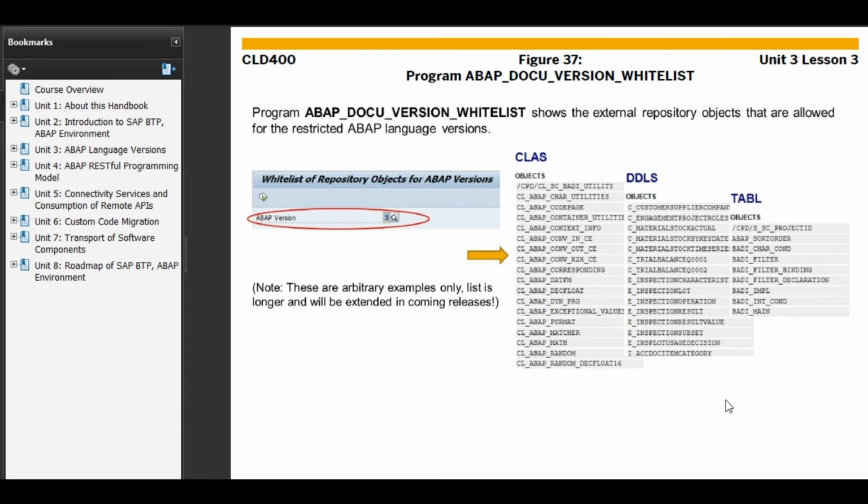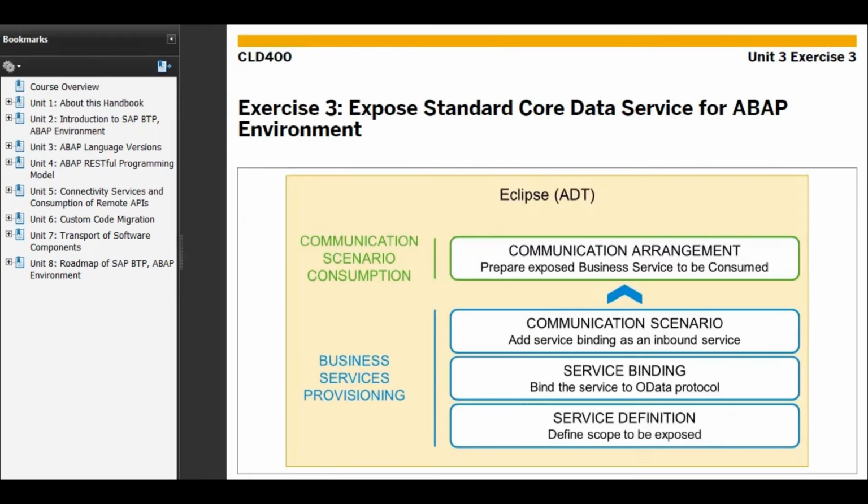So we've got this ABAP version. Communication arrangement. We have the service definition, service binding, then communication scenario. Then we have the communication arrangement. So now the business service provisioning is all about getting this service definition, service binding, and then communication scenario. All these three put together is a business service provisioning layer, and then we have the communication arrangement, like